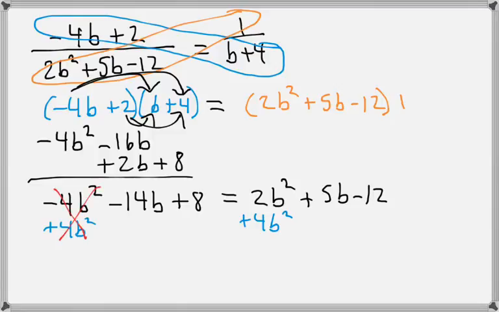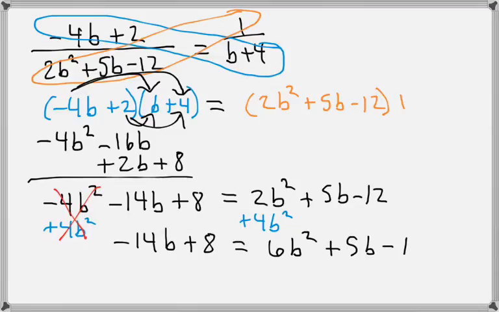Negative 4b plus 4b squared plus a 4b squared equals 0, so that cancels out, leaving us with a negative 14b plus 8 is equal to a 6b squared plus 5b minus 12. Now we're going to add 14b to both sides. So negative 14b plus 14b equals 0, so that cancels out, leaving us on the left with an 8